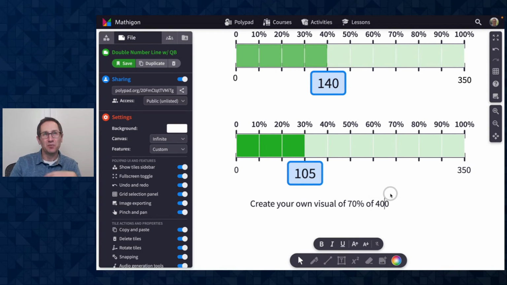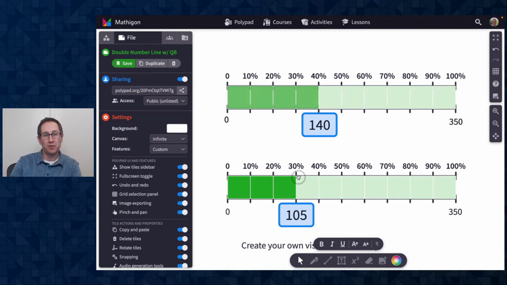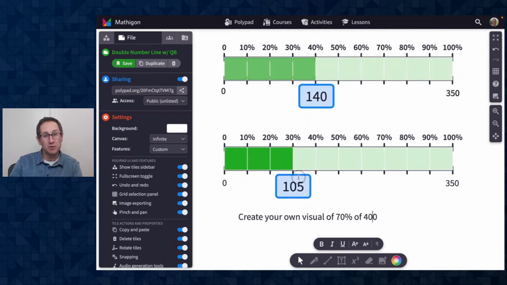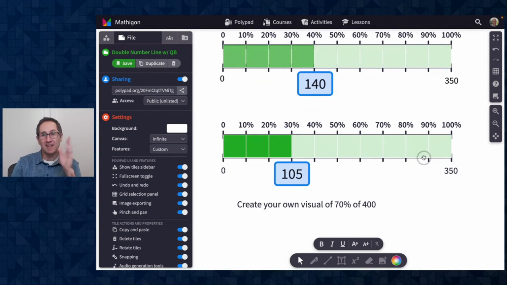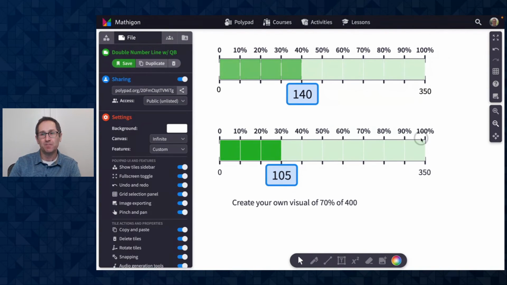So what I like about these questions on Polypad, I can start with a visual that I want students to engage with and then have them use the tools to make their own visual. Really, really nice. Two last things to show. One, I can extend these number lines. So I have locked these now, but if I wanted to maybe go above 100% and add another question to